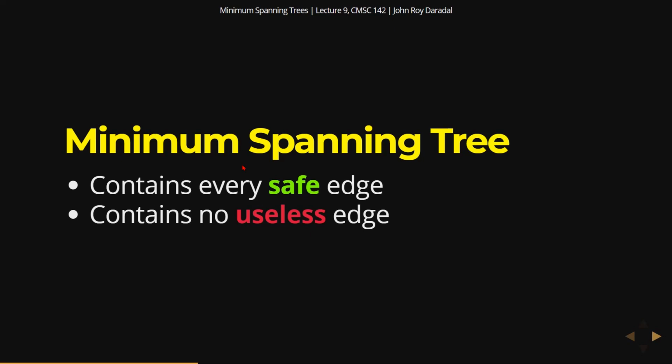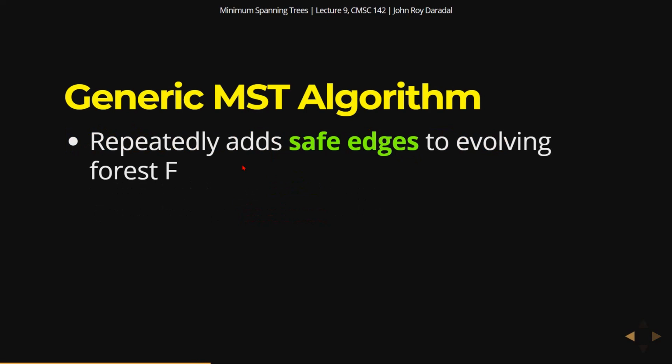Okay, because if there's a useless edge, that won't be a minimum spanning tree, because if you remove that useless edge, it would still span the whole set of vertices, and for a much smaller total edge cost, right? So it should only contain safe edges. Okay, so for the generic MST algorithm, we'll repeatedly add safe edges to the evolving forest F, as I mentioned,